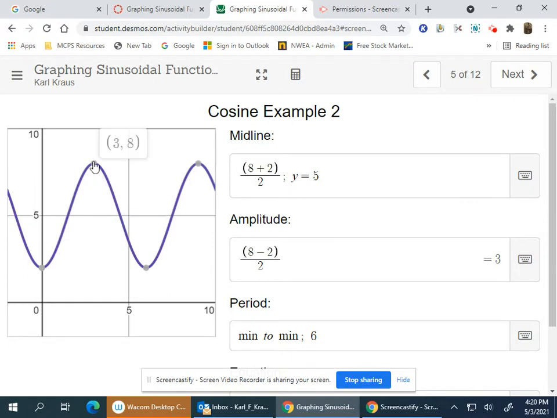So I don't know what happened to this grid here, but